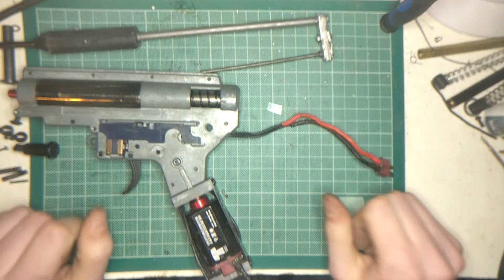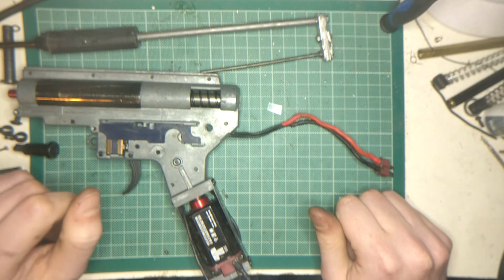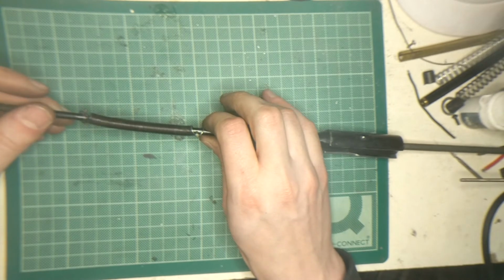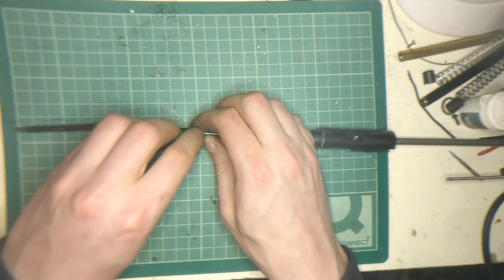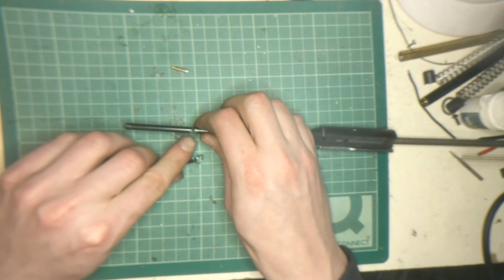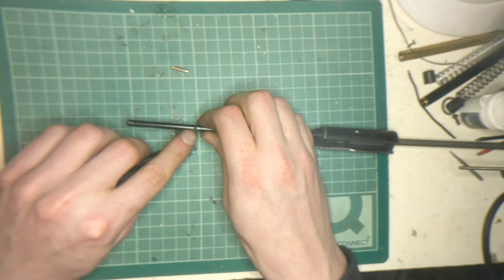So that's that bit. I'll show you the spring adjustments now. One thing to mention is about the return spring. As it comes, it's not very good at returning very quickly and snappily. So what I've done is I've just drilled another hole just here. You could probably do it about here actually. I think I've done a bit too much, but